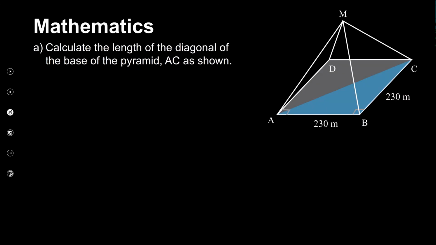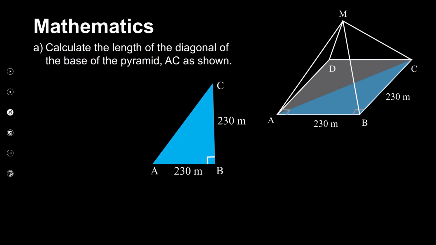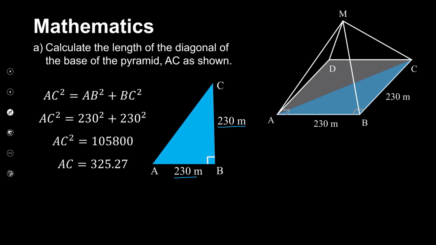Okay, so to find AC, again, we did say it's going to be a right angle triangle. And specifically, it's going to be a right angle triangle with our two sides being 230 and 230. And it just means we've got to apply Pythagoras, which is pretty simple. So AC squared, the hypotenuse squared, will be the sum of the two sides squared. So 230 squared and 230 squared. We've got to add them together, and we're going to end up with AC squared is